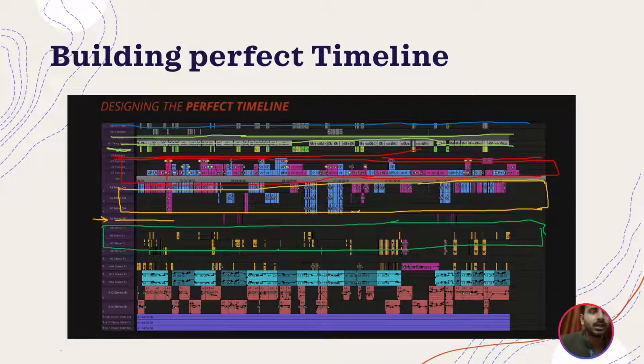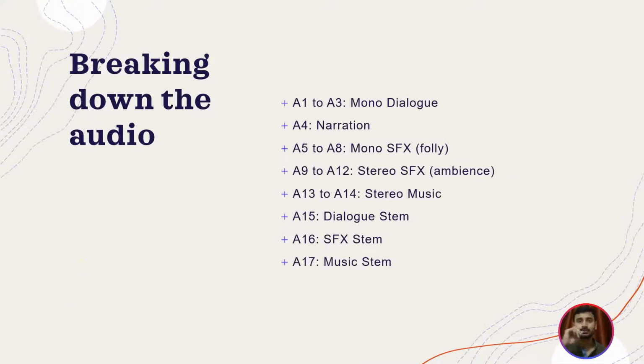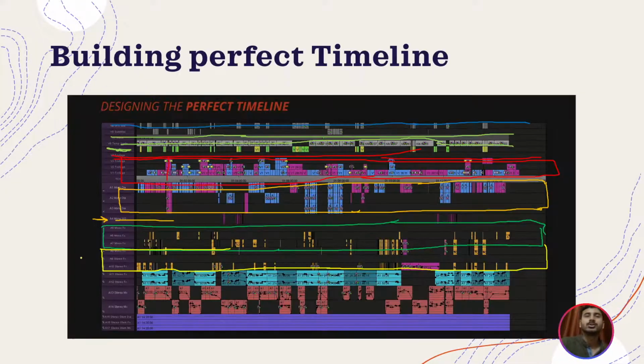And I shall mark it like this. This is your stereo sound effect. Now from A15, 16, 17, we get something called stem.